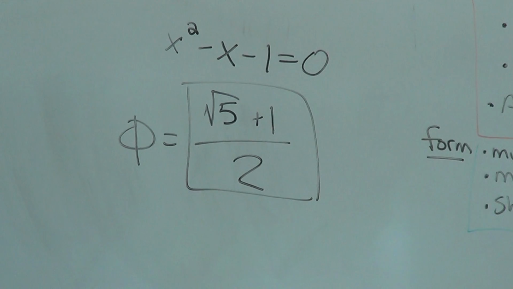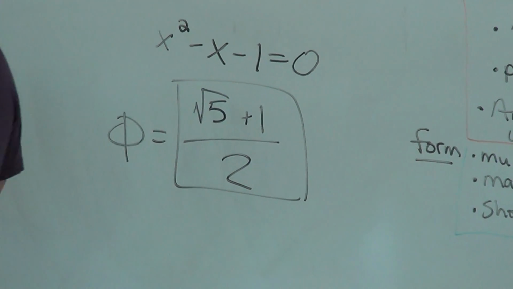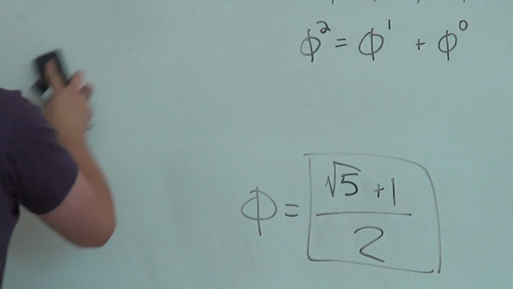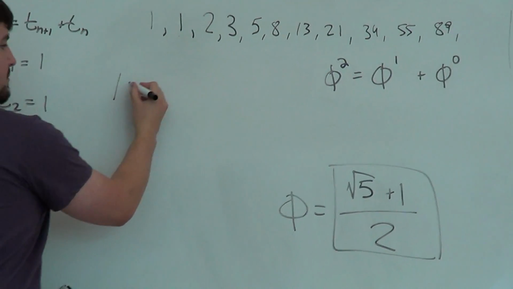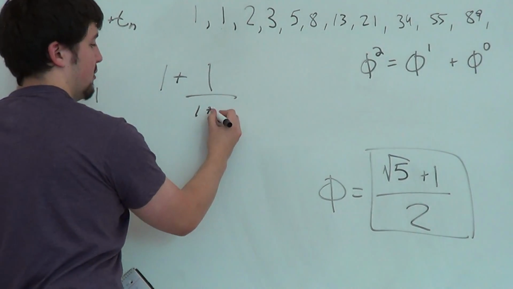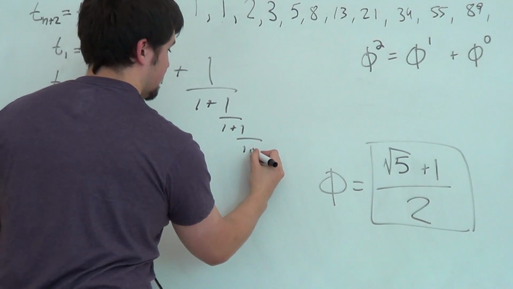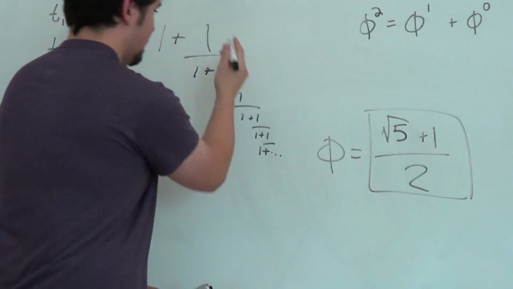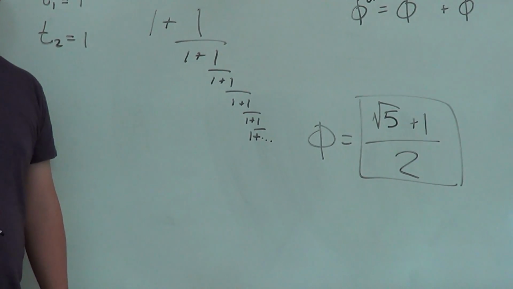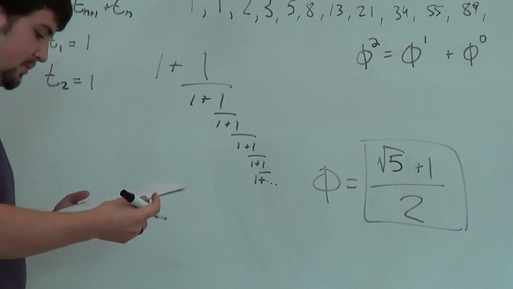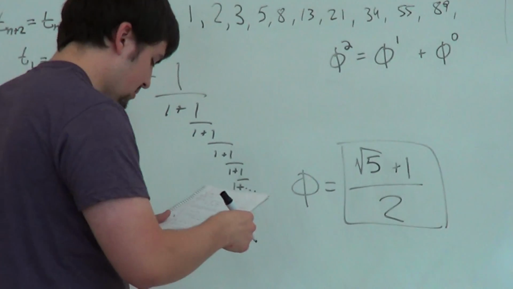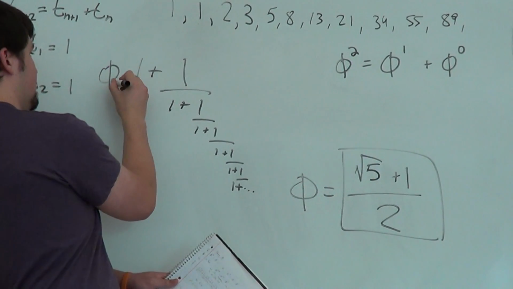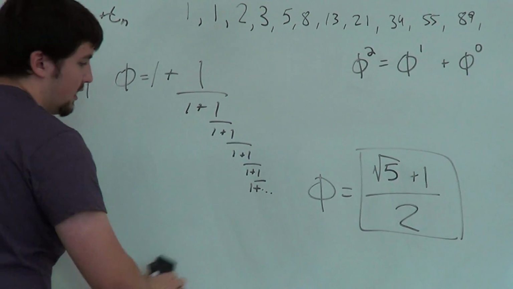For example, another way you could represent phi, we've done this as a riddle, is 1 plus 1 over 1 plus 1 over 1 plus 1 over 1 plus 1 over 1 plus forever and ever and ever. We put this in a math club video before, and I'm not going to bother doing it again. So another way to do it, this equals phi. Phi also equals